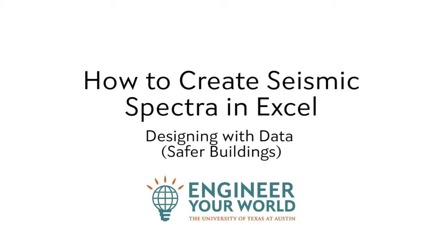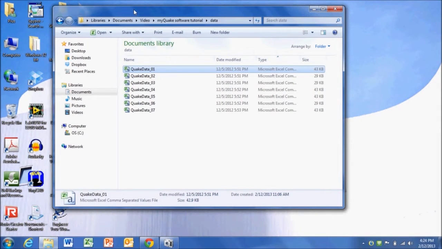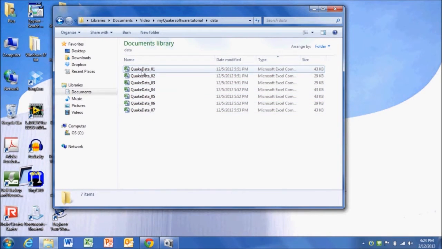Here's a tutorial on how to create a seismic spectrum based on the data you've collected with the MyQuake software and MyQuake system. My colleague has gone ahead and taken data and saved 7 different files for me to analyze. Each file was data taken at one specific frequency, and I'm going to load up this first data